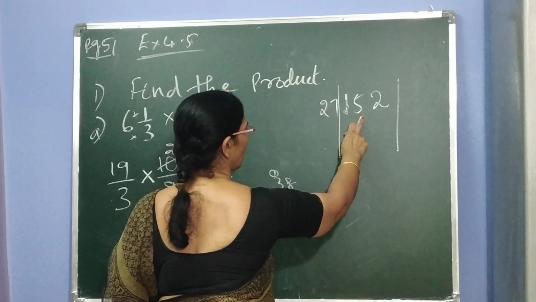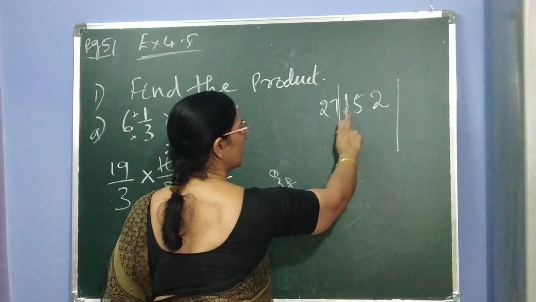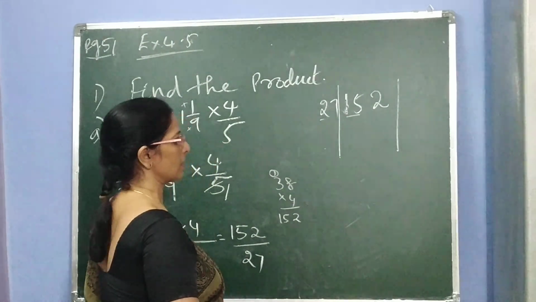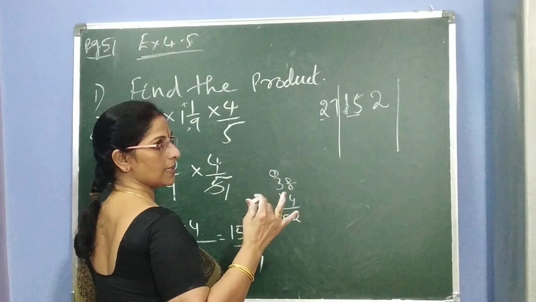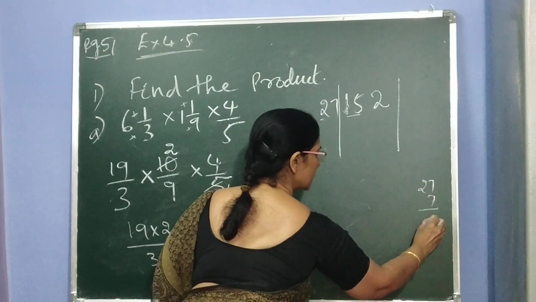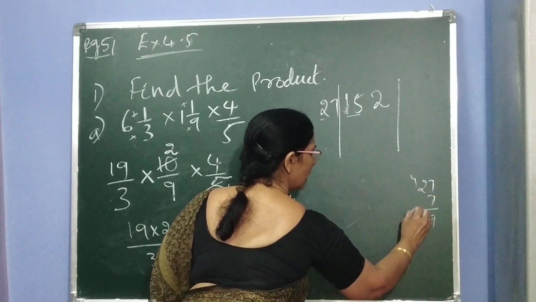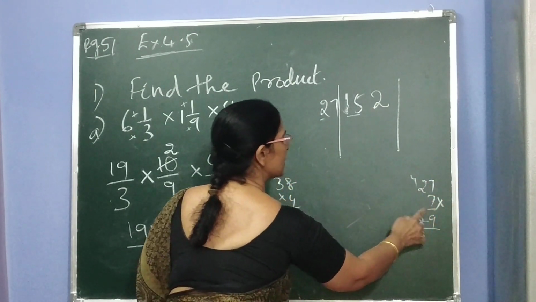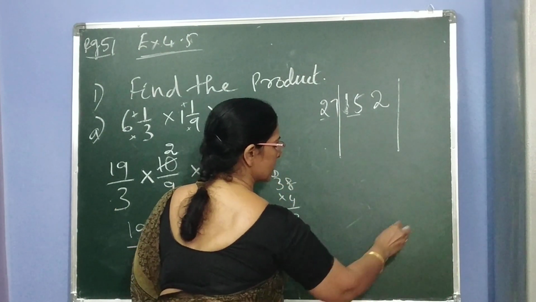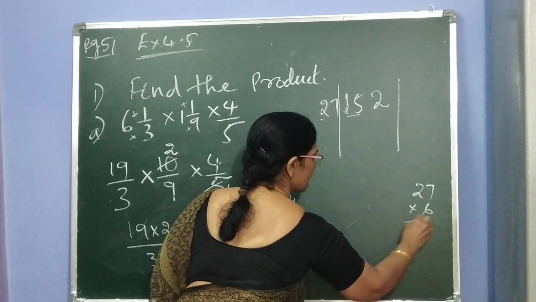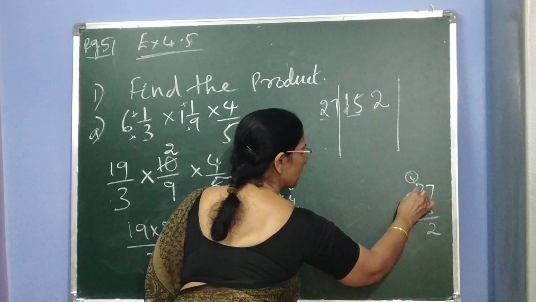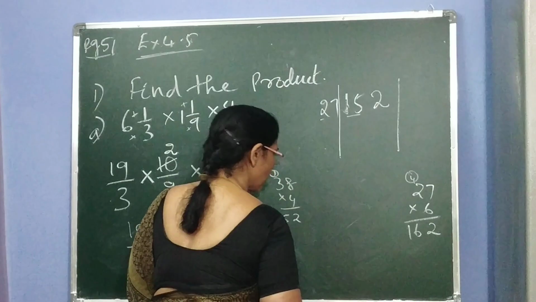Here the first two digits are not enough, children. Go for the third digit. When we are taking three digits, keep the first two digits in mind and read the tables for our convenience. 2 sevens are 14, 2 eights are 16, eights we can't. Let's check with 27 sevens: 7 sevens are 49, 7 twos are 14, here 189. We can't take the table of 7. We can go with 6: 6 sevens are 42, 6 twos are 12, 12 plus 4, 16. This also we can't.